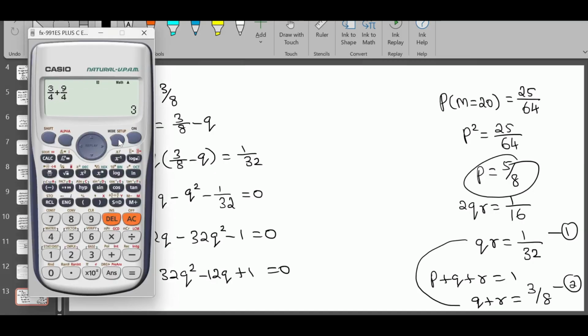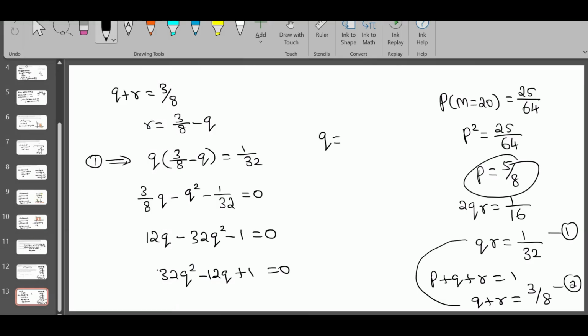I'm going to solve this quadratic now. 32 times 1, minus 12, 1 over 8, 1 over 4. Q is 1 over 4, Q is 1 over 8. So we can write one more step here: 4Q minus 1 times 8Q minus 1. So we won't lose marks. We got two values of Q. Substitute in here. When Q is 1 over 4,